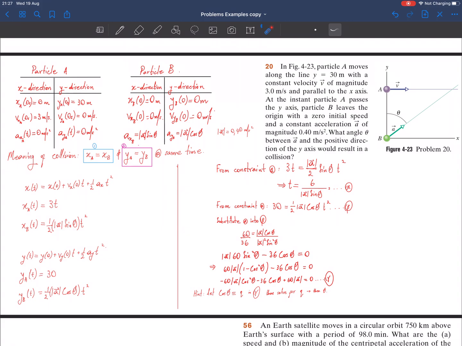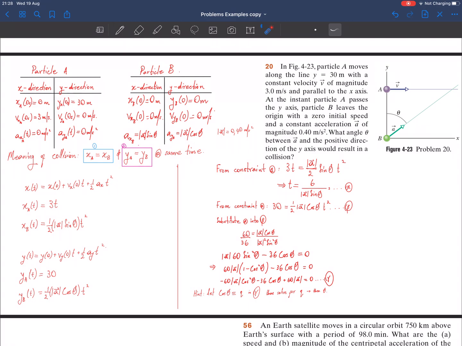And as you might recall from my presentation in class, the motions in the two different directions are independent of one another. The only thing that relates them is that time ticks at the same rate for both. So what that means is we can isolate the different quantities according to their dimensions, that is, according to their x and y directions. For instance, particle A,